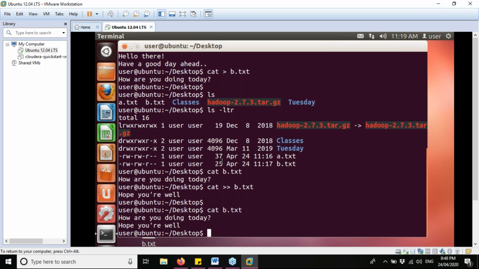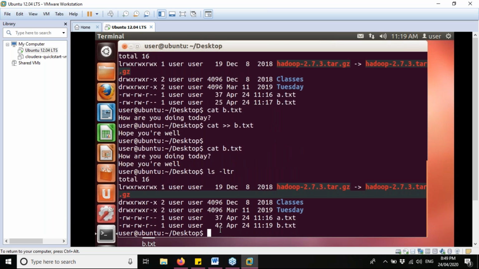Earlier, see, the size was 25 bytes. Now let's check ls space hyphen ltr. Now see, it is showing 42 bytes because we have already added one more line to it, a few more contents. All right, so guys, always remember these very commands.